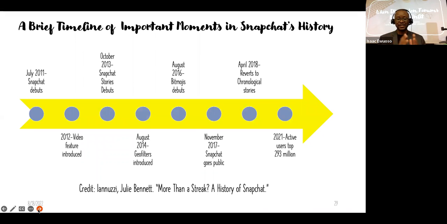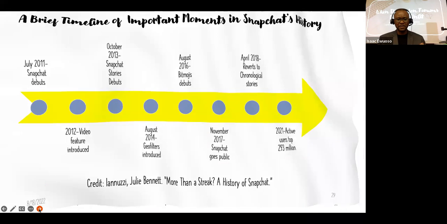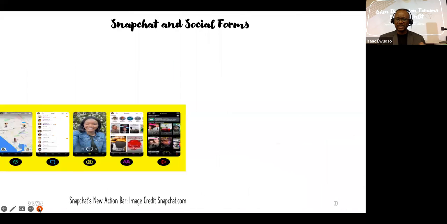Snapchat hasn't made any revenue. It's just been posting losses since its debut. It hasn't really made any money. But one thing to know is that it's still growing, and it's made changes over time, as you can see in this timeline.